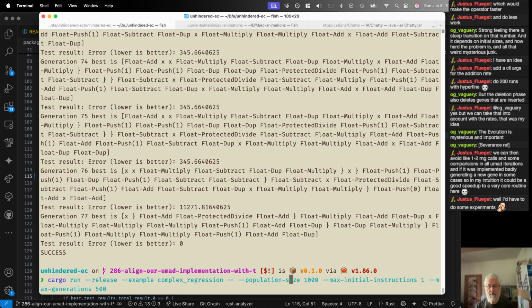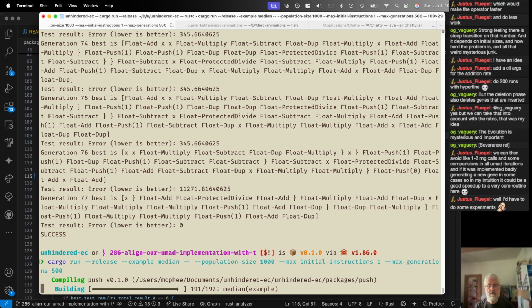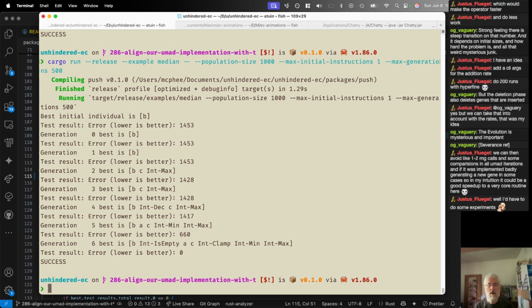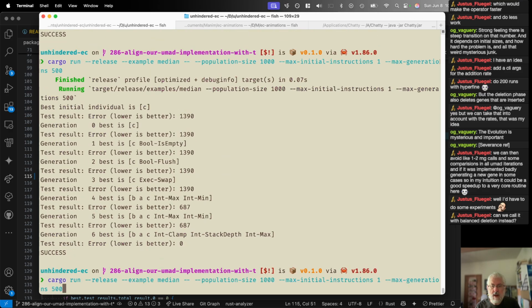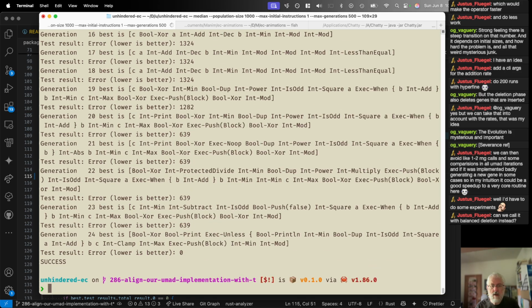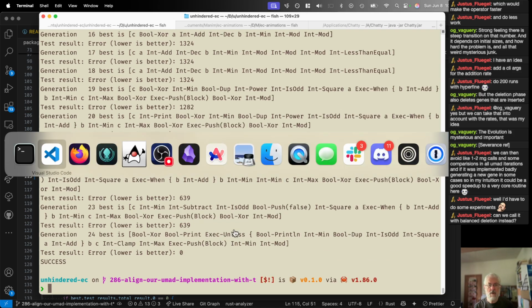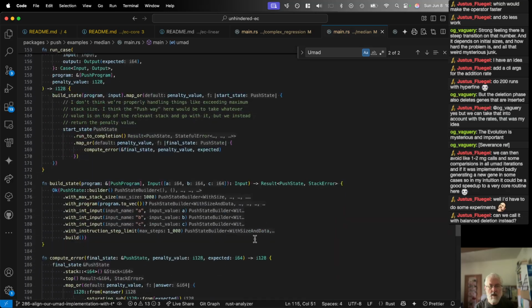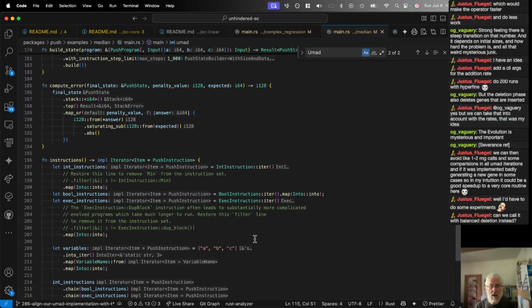Oh, come on. Median. What? Whoa, that was fast. Oh, but median is really easy if you have clamp. Yeah, if you have clamp, median is super simple. So it's very fast. So really, to be like the median problem,